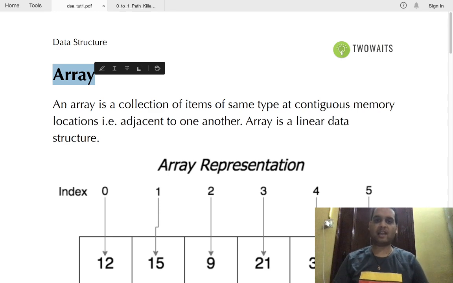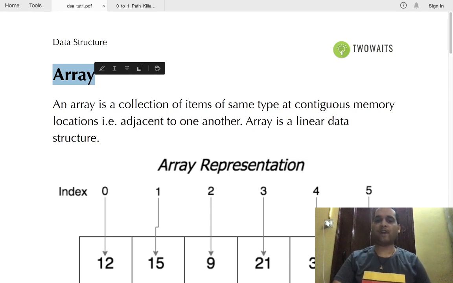We have variables like int, char, string or different kind of variables. So we will define it like var1 and we will save the value in that data type. So let's say in some instance we need 100 variables to store some value, like 500 variables. So we cannot define like var1, var2, var100, var500. So what we have done, we have defined a data structure called array.